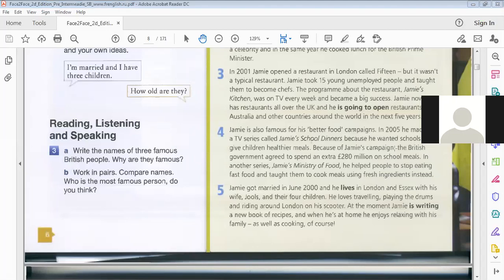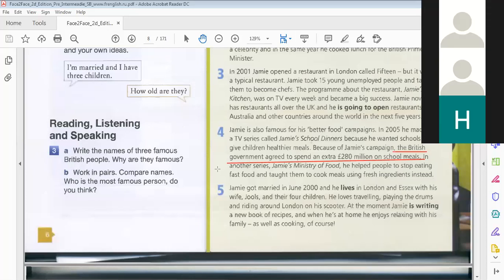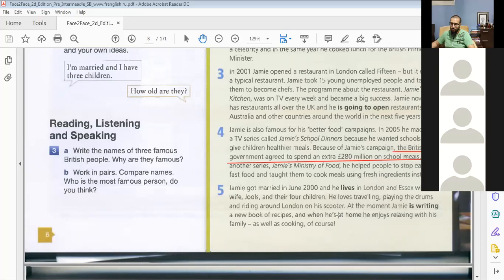Here I'm just trying to get a guess from you, because it says the British government agreed to spend an extra 280 million on school meals. So I think maybe every year. Will put that. Annual. Yeah, it sounds like an annual budget. Maybe they used to spend a certain amount, and now they're spending more. They raised it. Yes, exactly, he raised the expenditure, or the annual budget, which was allotted for school meals. He increased this. Okay,